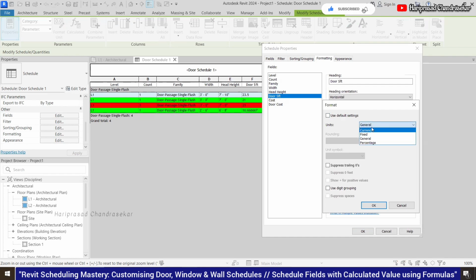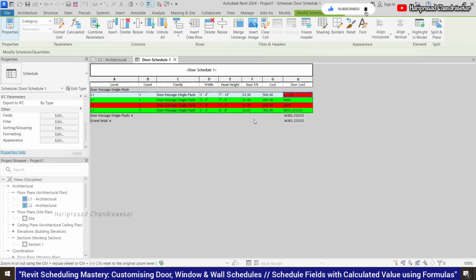It's general. So you can also put, this is door SFT. We can choose fixed unit and then decimal places. You can choose two decimal places. Click OK, then OK. Then you can see only two decimal places.